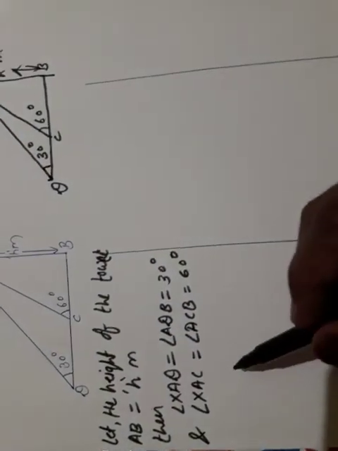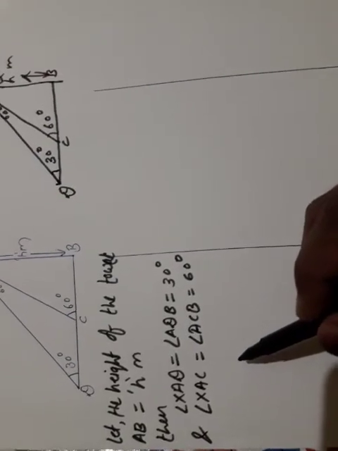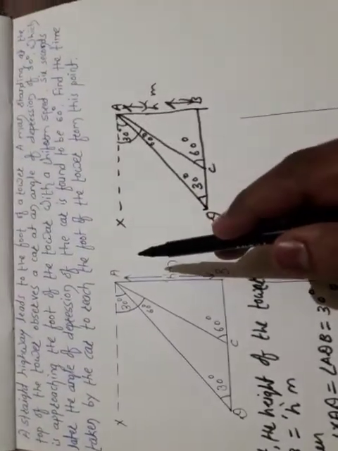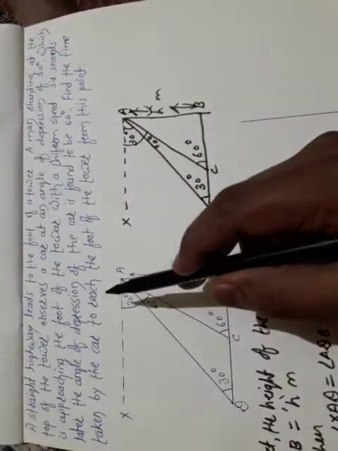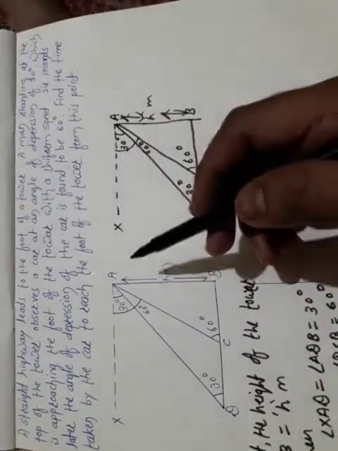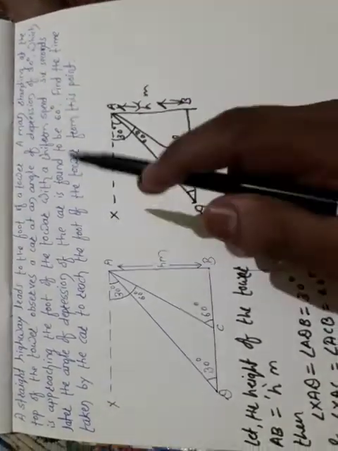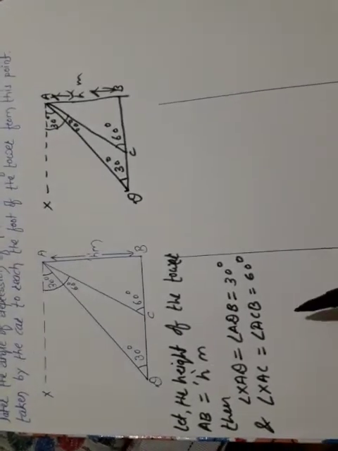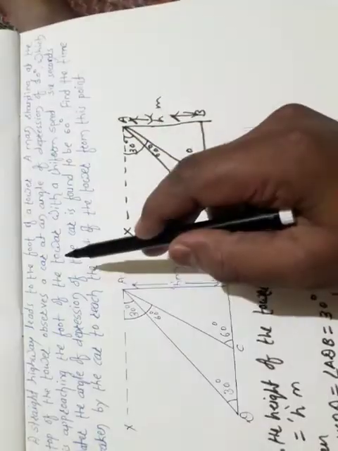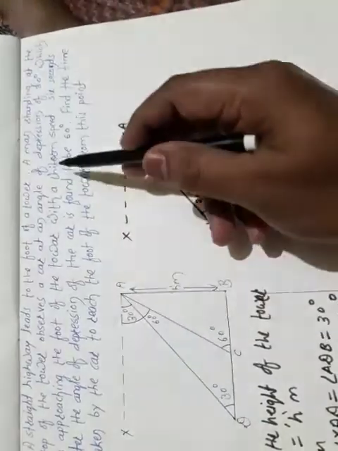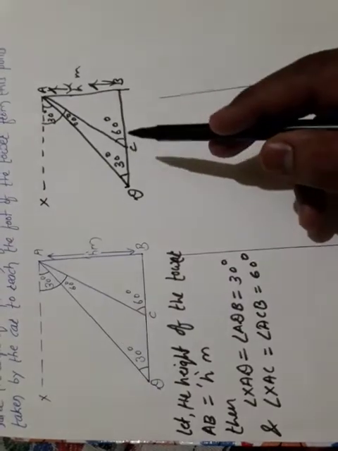Okay, now look here. Now what we are going to do, if you see carefully, then you will come to know that we want to find the time taken by the car to reach the foot of the tower from this point. Here we are going to use one formula. Velocity is equal to distance divided by time. Velocity is nothing but the speed of the car, and that car is moving with uniform speed, means speed is same from this point to this and this point to this. That speed is common and the speed is uniform.